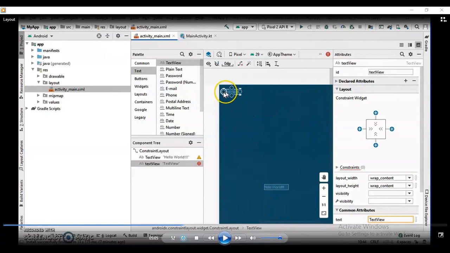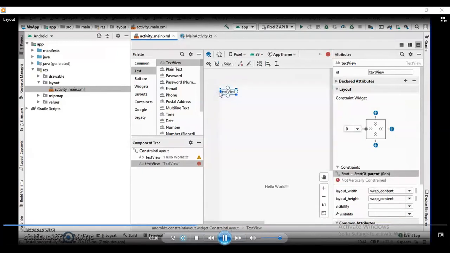So once that white boundary appears, I will be dragging it to the leftmost corner of my screen, the blue panel. See here, I will hold and drag it to the leftmost corner. Once I drop it on the leftmost corner, you can observe here,